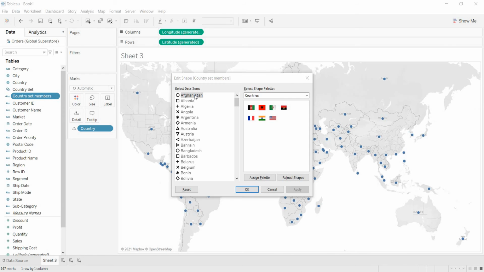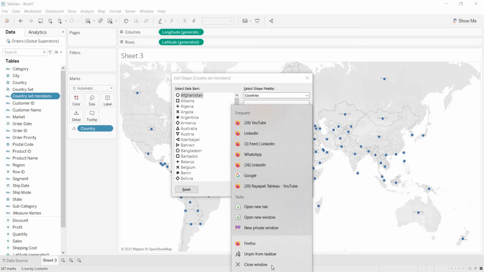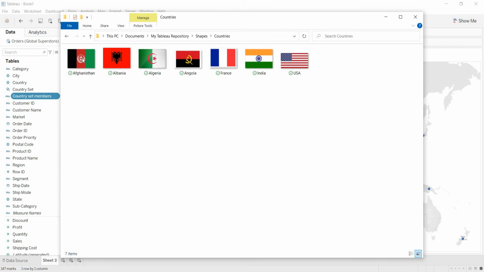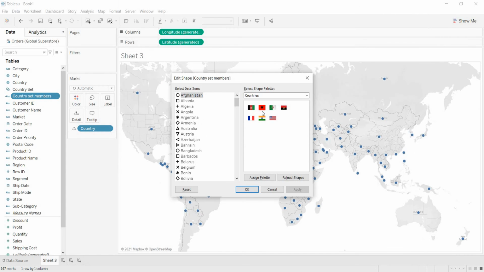Now here first I will take Afghanistan. Now what is the flag for Afghanistan? Under my Tableau repository shapes folder, I added these countries, right? So as to recognize them, I opened this also. Now for Afghanistan, this is the flag.